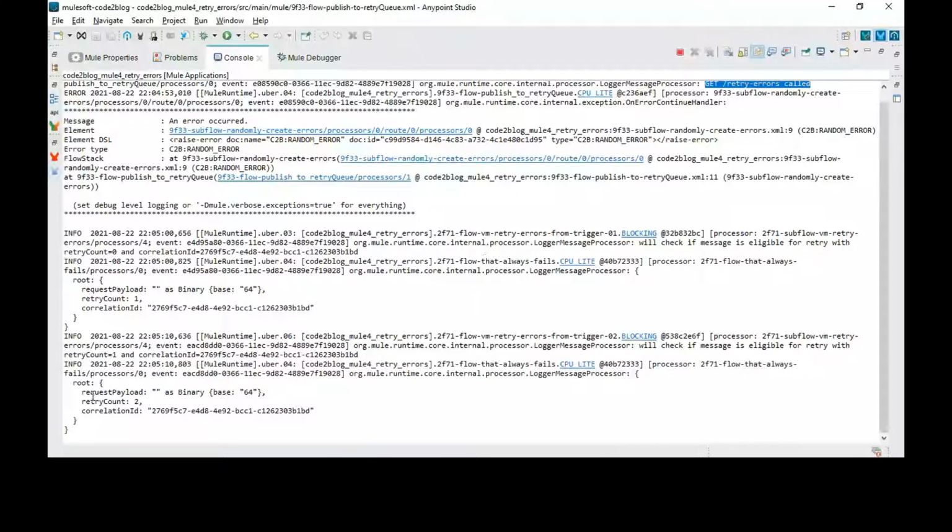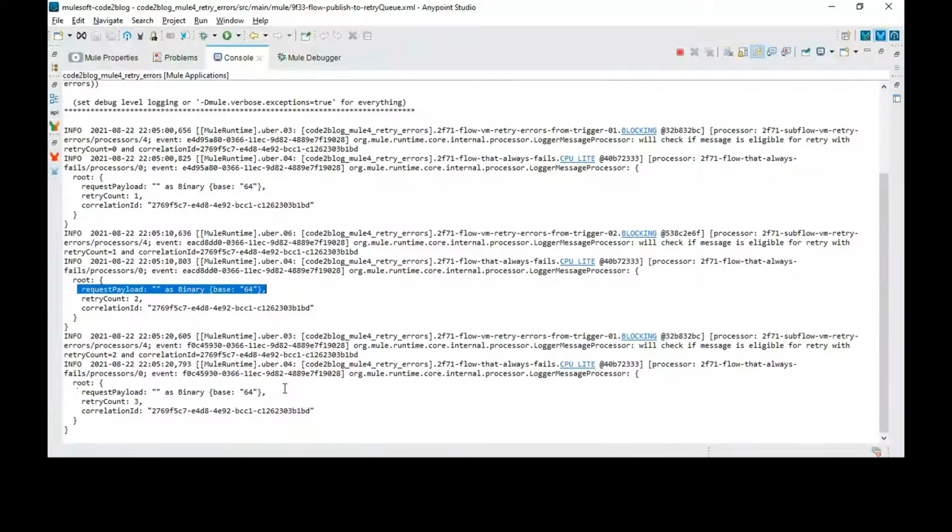Now I have invoked the get method of that endpoint, and you will see that this new data type, which is an empty string, is also accepted.